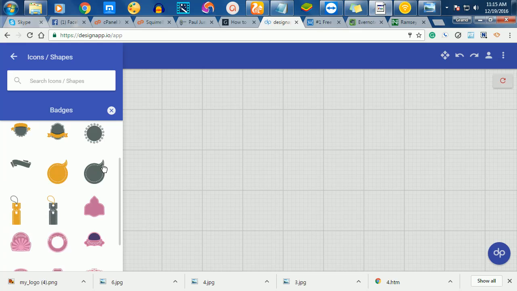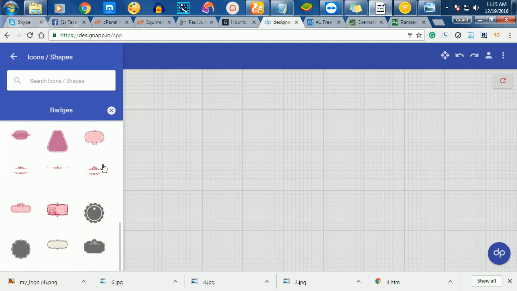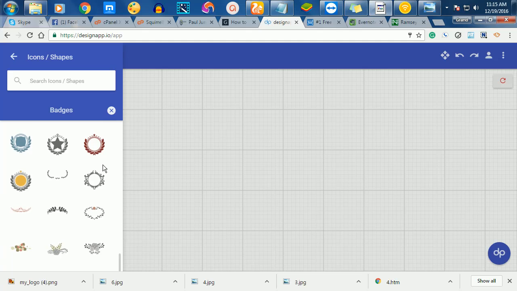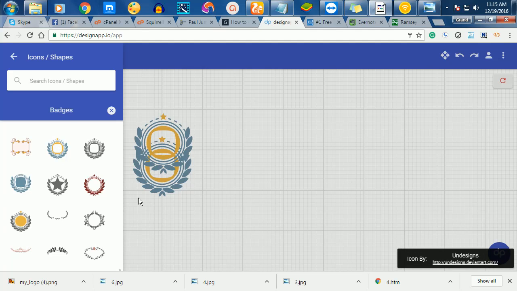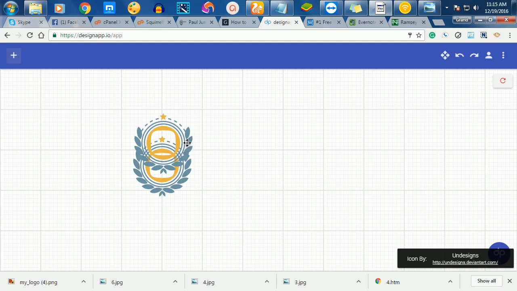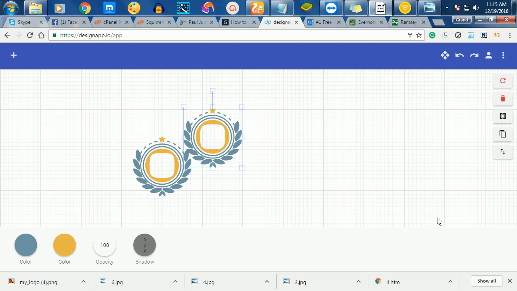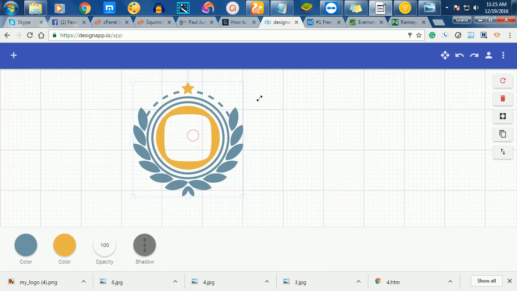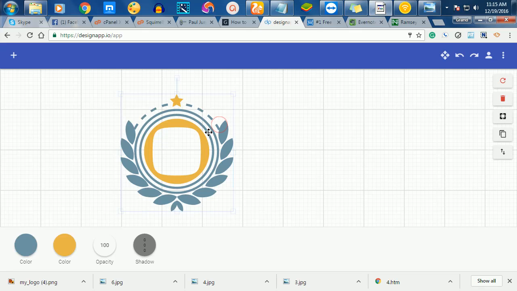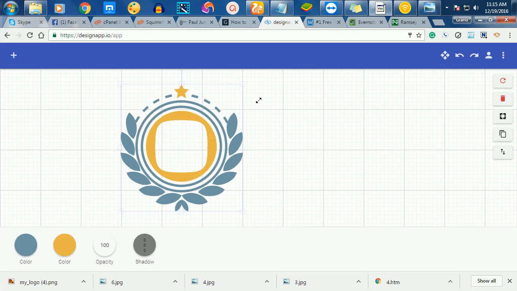I'll just scroll down and let me see. Okay, I think I've used this one before, so let me just use this one for this tutorial. You just click on it, and let me delete one of them. I'll click on it here like this, then I'll zoom it by clicking on this arrow here. That's how you zoom it. You can actually play with the colors. I'll just click here, change color. Let me click this one,